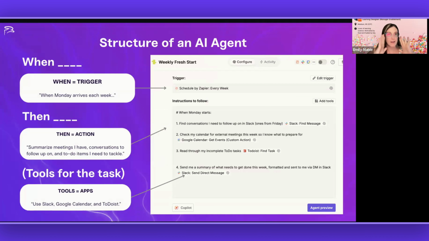So let's boil it down really, really simply. An agent is just a when-then statement. When something happens, then your agent takes action. The difference is that agents are powered by AI plus the tools that you're using in them. So the when is your trigger, the then is the action, and the tools are the apps that you already use. They're just united. To build something that simple, you actually don't have to be a developer or an engineer